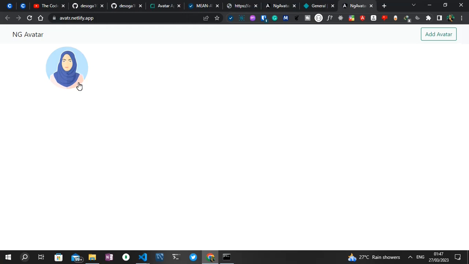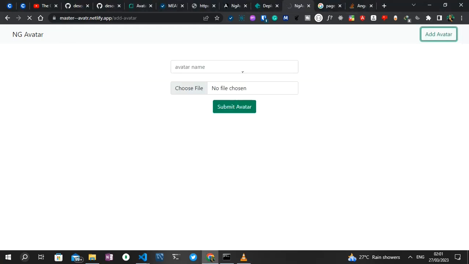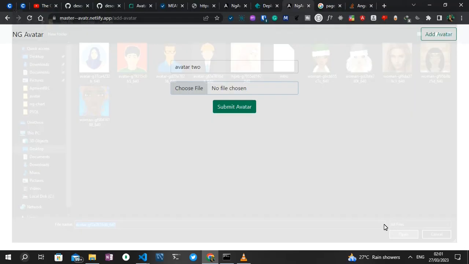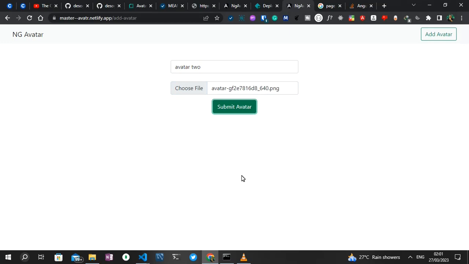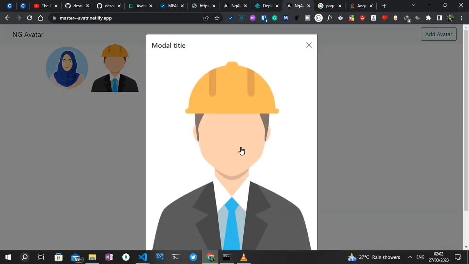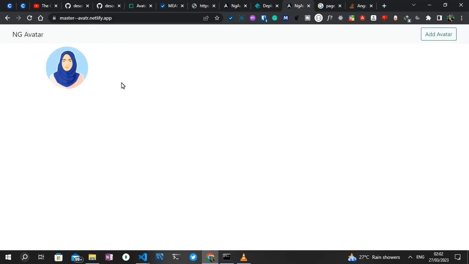So you can see it right here, and we should be able to add a new avatar by clicking on add avatar, and I'm gonna say avatar 2 and then select a file. Probably we'll go with the construction worker file and then click on submit avatar. As you can see, avatar gets submitted successfully. Let's see if you can delete this avatar by clicking on the delete avatar. As you can see, the avatar gets deleted successfully